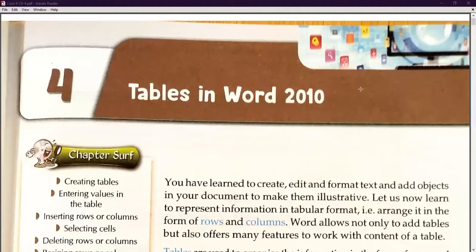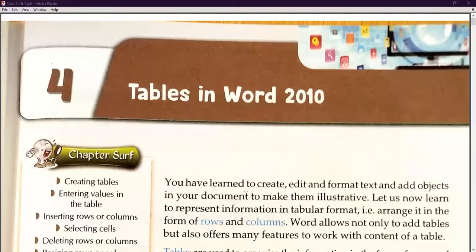Relating to that, if we are working on digital documentation, that means we are designing any kind of Word file, any kind of PDF file, what will you do if you want to add any kind of table, if you want to interpret your data, your information in the form of tables? Then you will use what? Tables tool. Okay, so here we are going to start our chapter number 4.